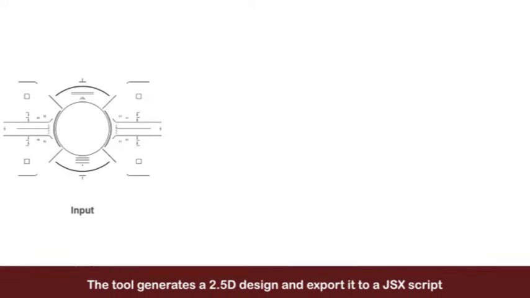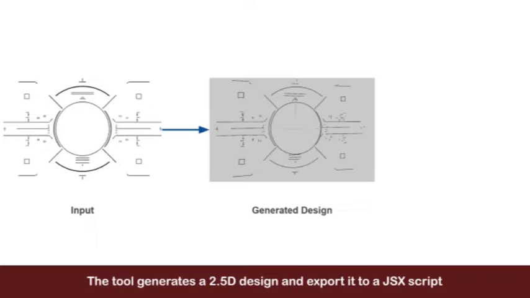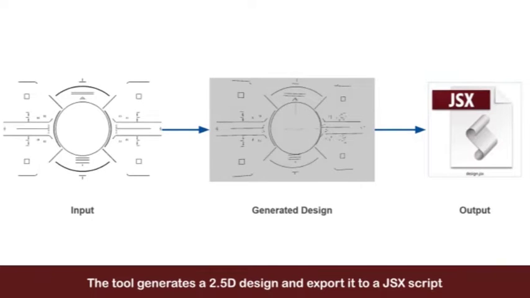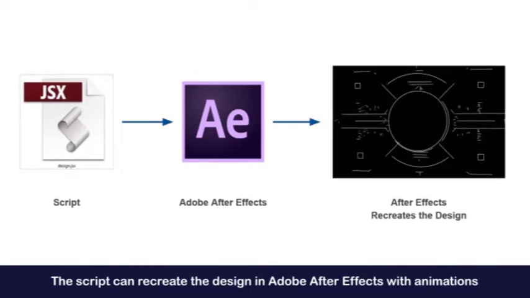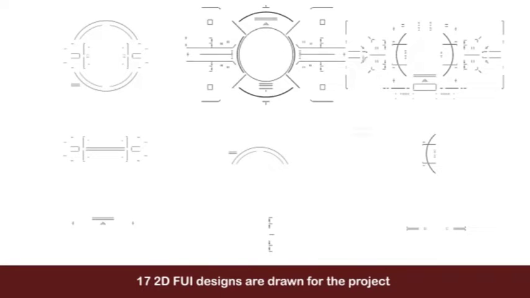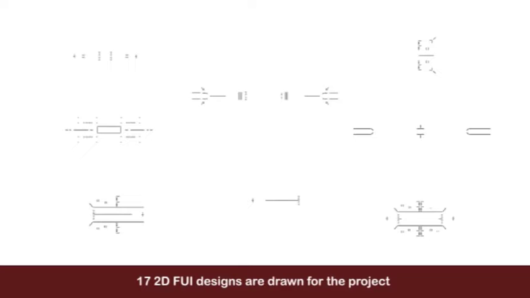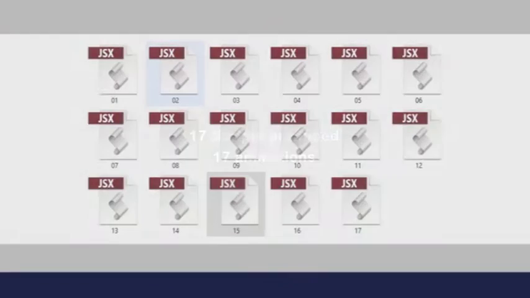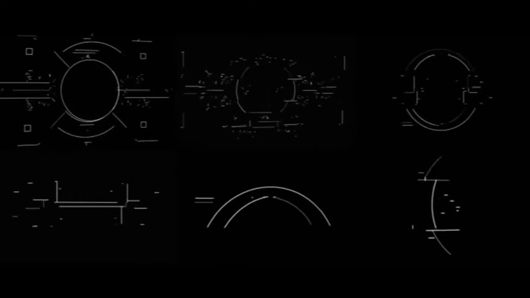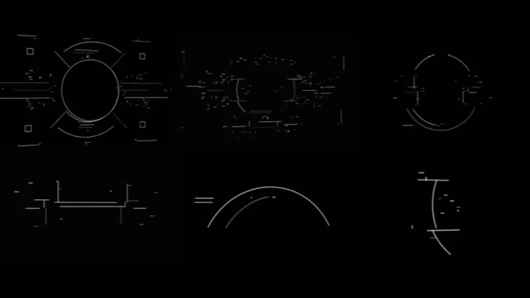What it simply does is that the input will be a 2D design and it will generate a design in 2.5D, and it will output a script, a JSX script, which you can import into After Effects, and it will generate an animated design. For example, we have 17 2D designs and it will generate 17 JSX files, and you can run them 17 times to generate these kind of animations,